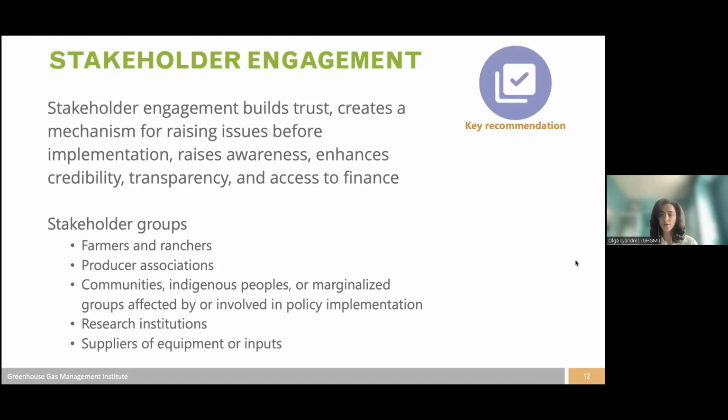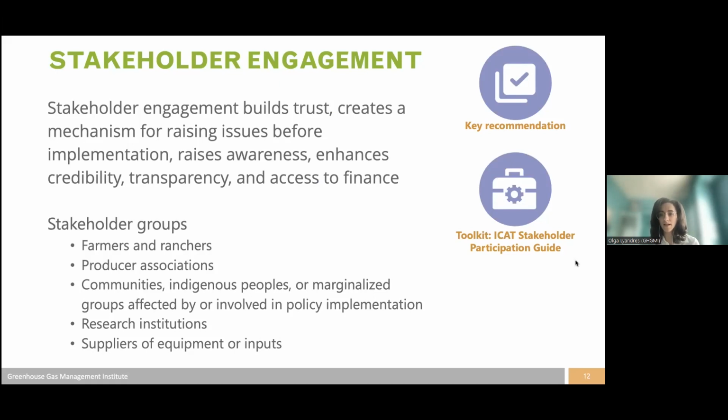So engaging stakeholders is marked as a key recommendation in the guide, and you will see this checkmark symbol next to that section in the guide. You will also see it throughout the guide to mark other steps that we recommend strongly be implemented as part of the assessment. In the guide, we also provide additional resources that can help with the stakeholder engagement process